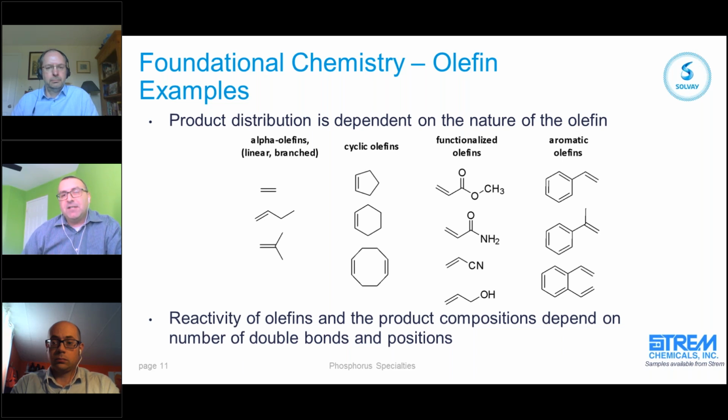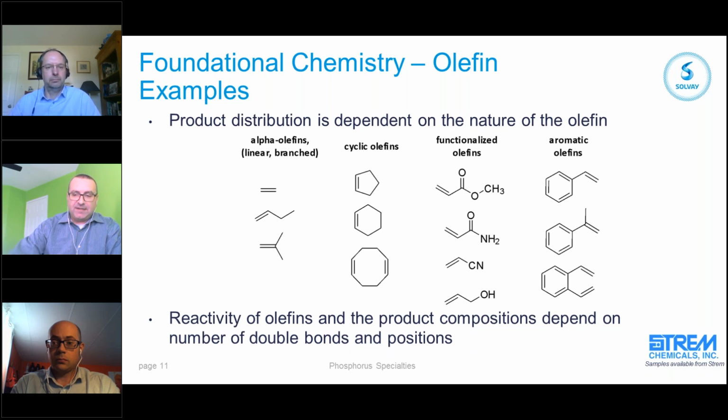It gets a little more interesting when you have a diunsaturated or polyunsaturated cyclic olefin like cyclooctadiene, shown at the bottom of that second column. We can install functionality like esters and amides and alcohols using functionalized olefins that are shown in the third column. And then, of course, there are things like aromatic olefins that, while certainly reactive, are a little less desirable because of their tendency to polymerize under radical conditions. But really, the idea here is to emphasize the range of structures that are available and the diversity of the chemistry that we have simply by practicing the radical chemistry.